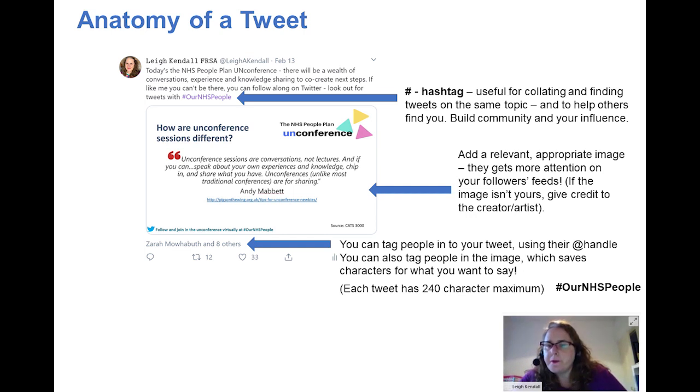And because you've got 280 characters in a tweet, you can sometimes run out of space. In a tweet, you'll probably want to tag other people in so you can have a conversation, get other people's attention, and involve people as well. If you're tagging lots of people, you can soon run out of space to say what you want to say in your tweet. So a good tip is to tag up to 10 people in the picture. The way you can do that is there's a little icon that says tag people. So that's a good tip to maximise the potential of each tweet that you send.